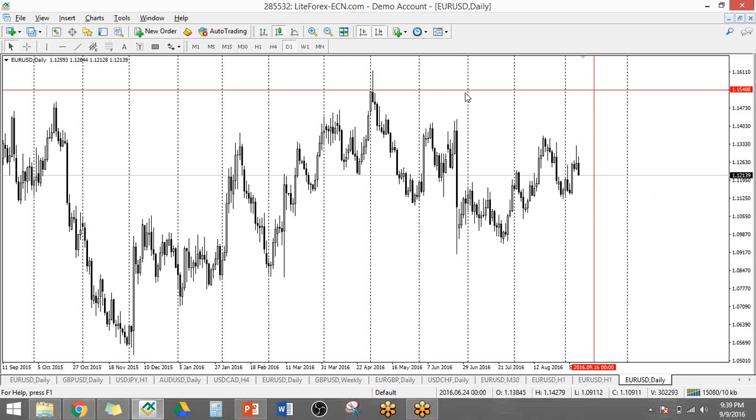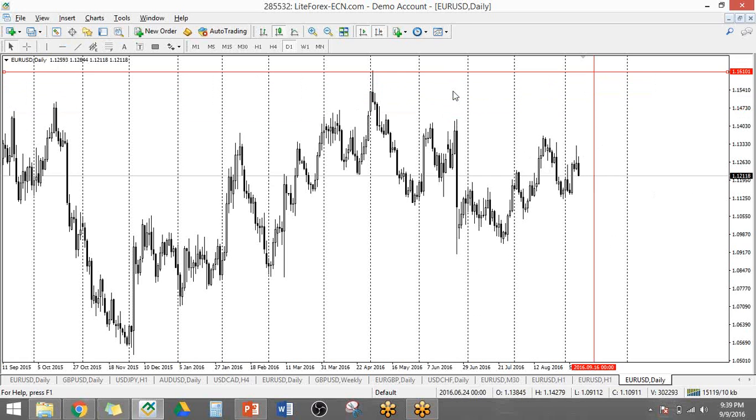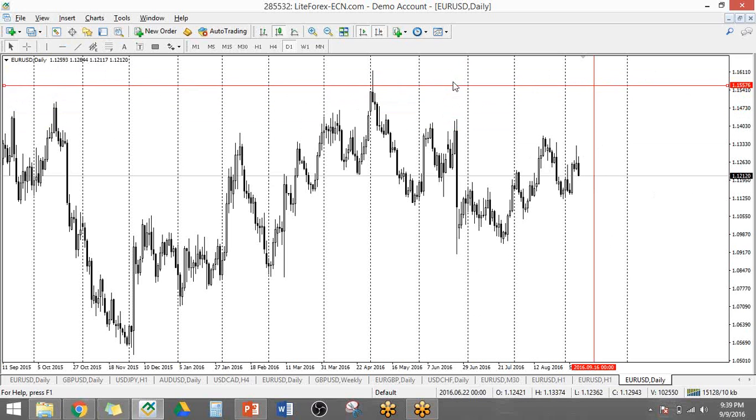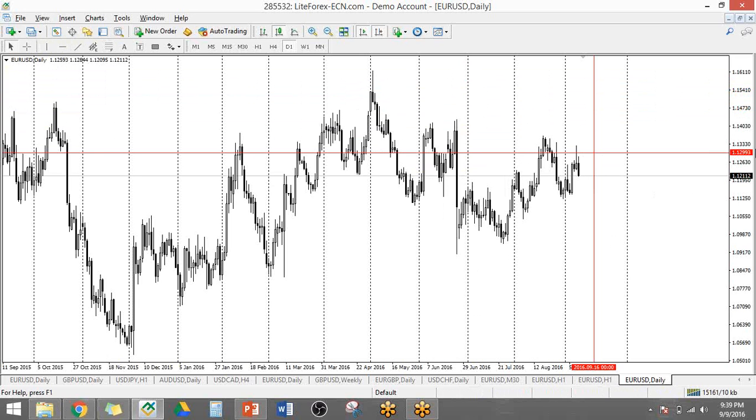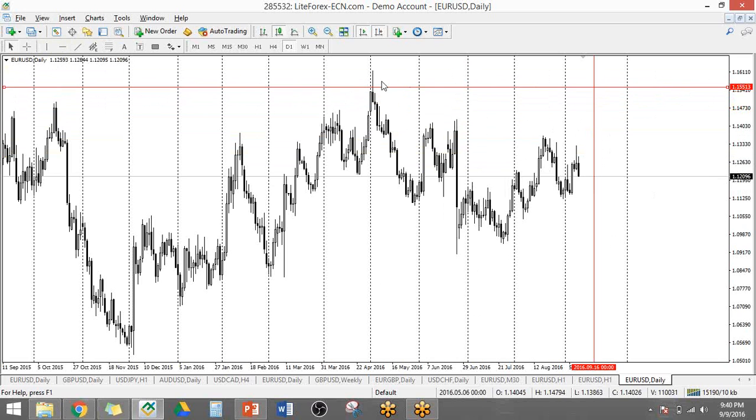Now, if you want to move it around, you double click on it, and if you notice there are these small white boxes at the end, that means it's highlighted. If it's highlighted, you can move it around. Click and drag. So for example, you made some sort of error, you wanted to put it at the resistance at the top, but you placed it in the middle here. You want to move it up, you double click on it, see, there are no white boxes here. If we double click on it, white boxes. Drag it upwards, and there you go. If you want to delete it, make sure it's highlighted and then press delete on your keyboard.